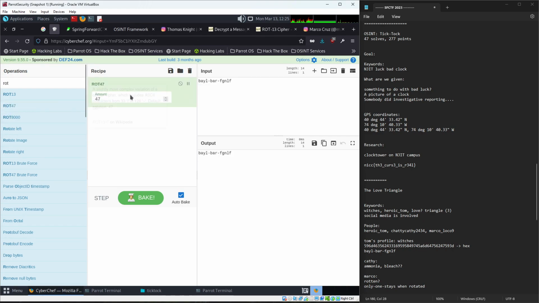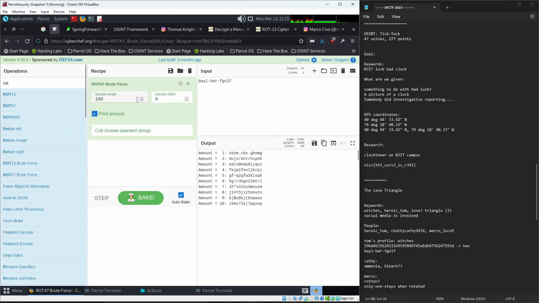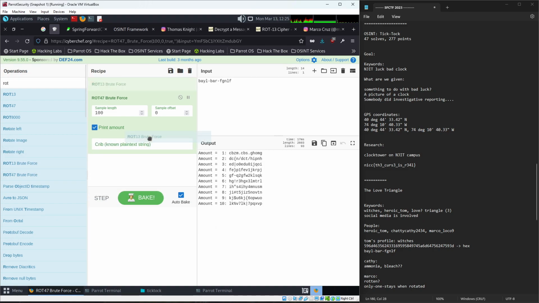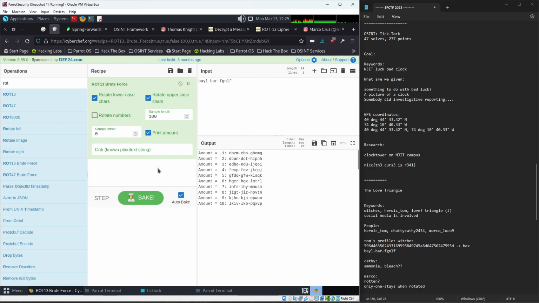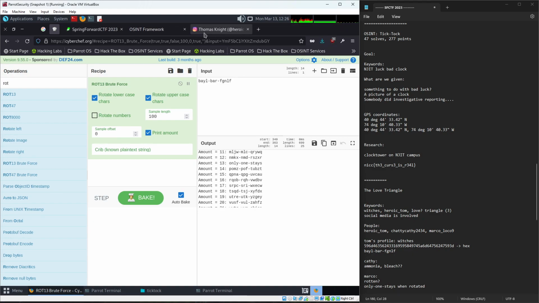You could also say this, or 40. Oh, not trying to do that. I'm trying to say, you know, brute force. What might it be? So all these things you could do, but really decode.fr is the better way to approach this. No wonder it wasn't showing me everything. I had to scroll down, but it stopped here. But yeah, you're just looking for only one stays. That's it. Cool. So that looks like it's the last of that.